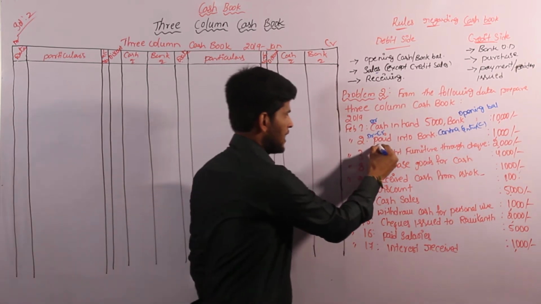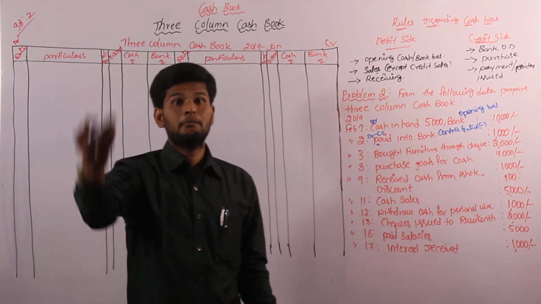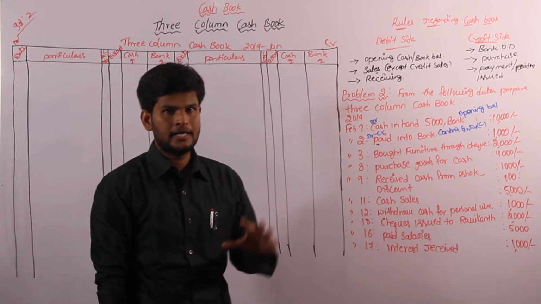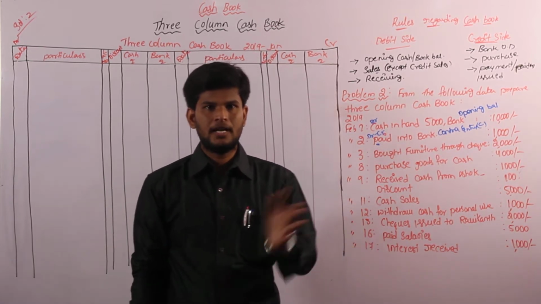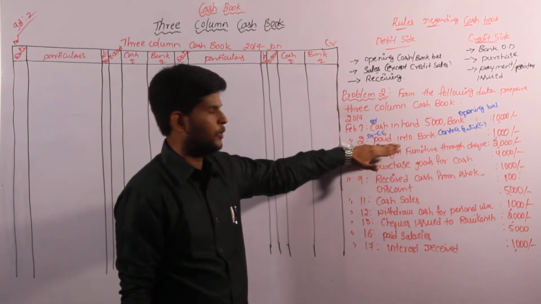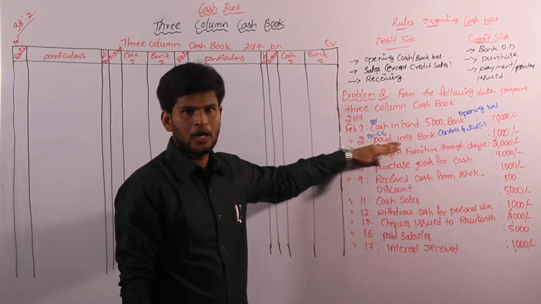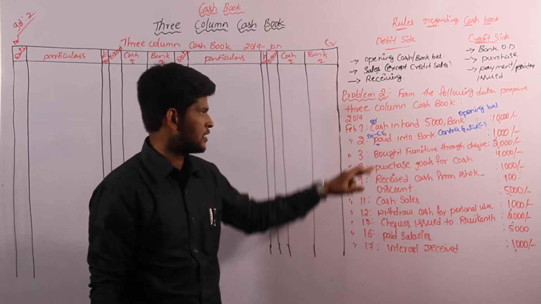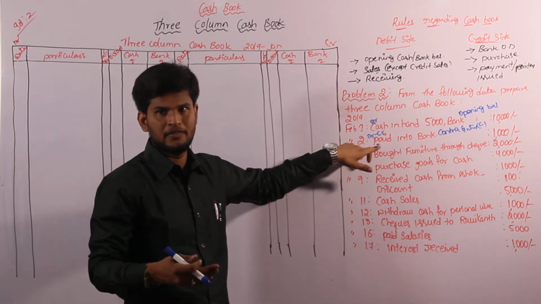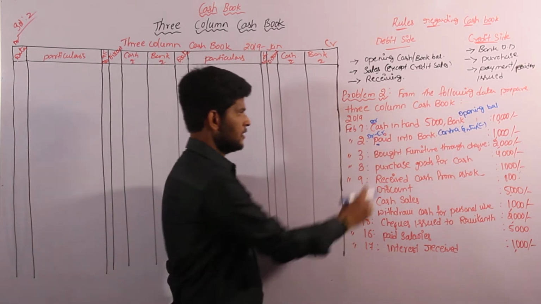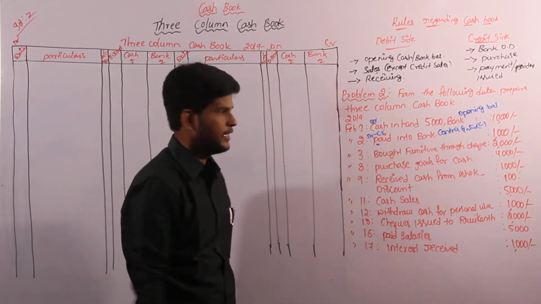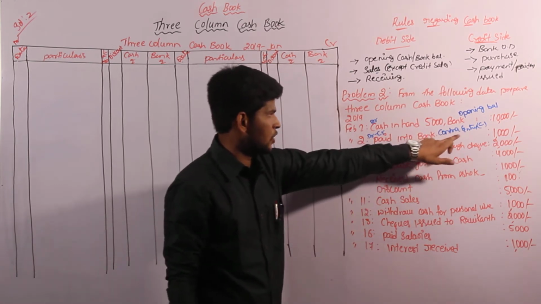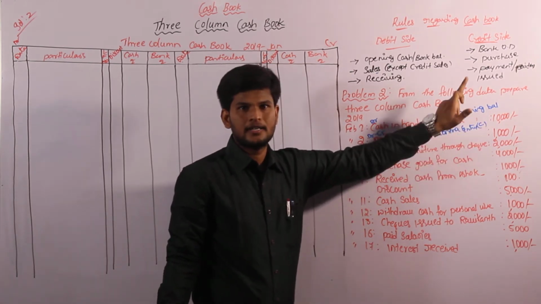The particular bank related transactions we are going to learn in the bank reconciliation statement. In that chapter we will definitely know the complete information regarding banker communication, that is the passbook as well as the cash book. But in this chapter we just have to know why we enter the debit side and why we enter the credit side. Those two things only we have to learn, and there is no need for over-explanation, because if we get over-explanation, we will definitely get confused. So paid into bank is a contra entry. It will be entered on the debit side as well as the credit side, and in the ledger column we have to mention C. C is for contra entry.